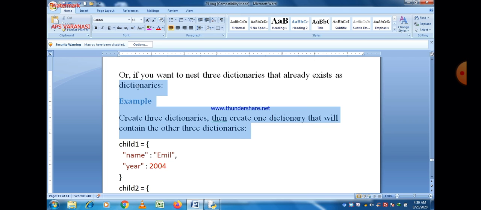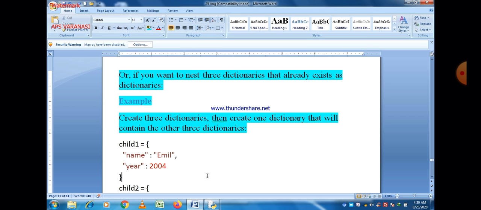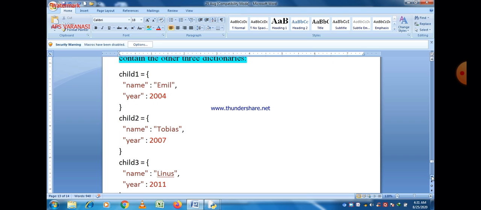and then create a main dictionary and pass these three dictionaries as values inside the fourth dictionary, that is my family. Let us see. This example basically creates three dictionaries, then creates one dictionary that will contain the other three.